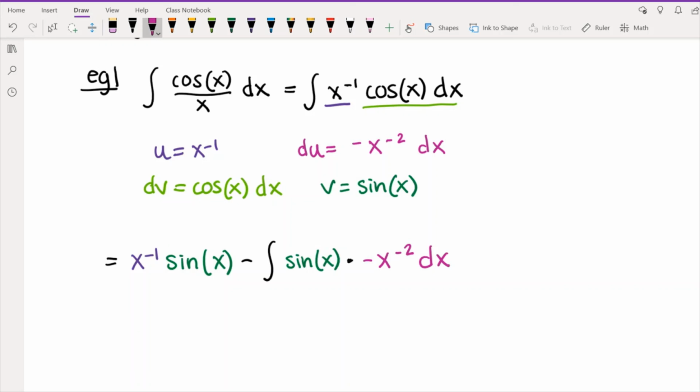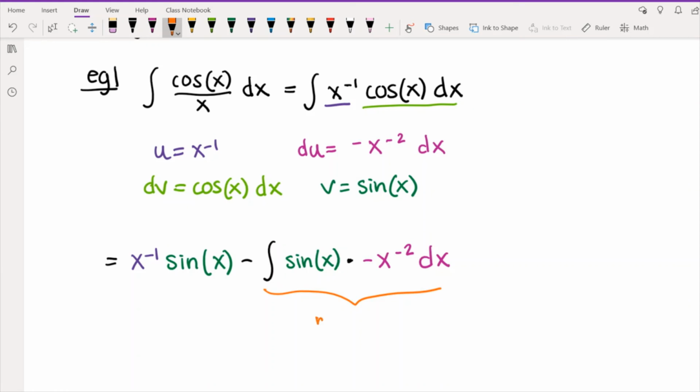So why is this not helpful? Well, the whole reason we did integration by parts was because we started with x to the -1 times cosine of x, and now we just have x to the -2 times sine of x, and that's even more complicated than what we started with. And if we try to do it again, we'll end up with an x to the -3. So we're not going to be able to get this second integral to be simple, but we're also not going to get it to repeat back to exactly what it was. So we're not going to be able to use that special method where you end up with two of the same integral. So this just doesn't work, and we're never going to learn how to do this integral